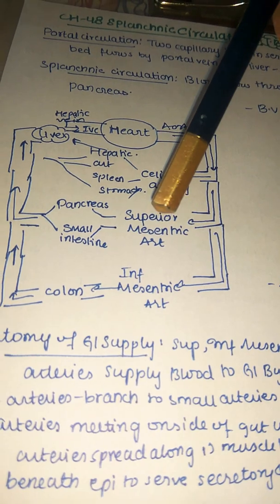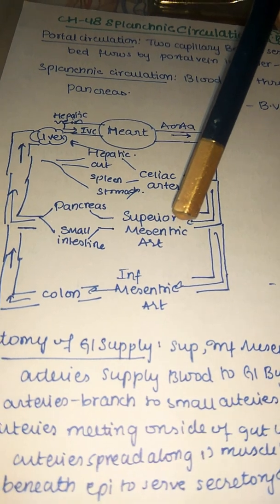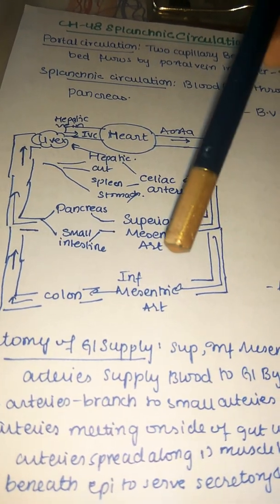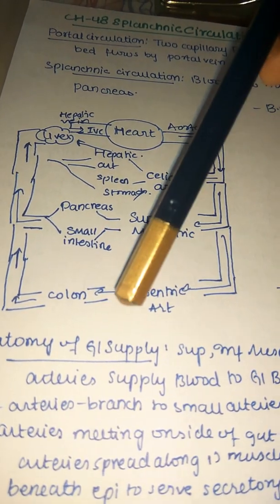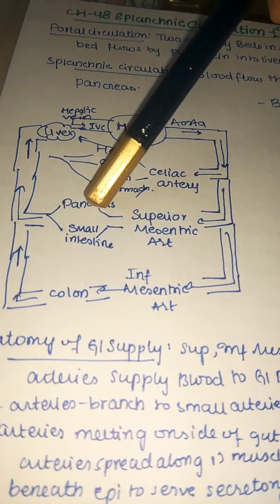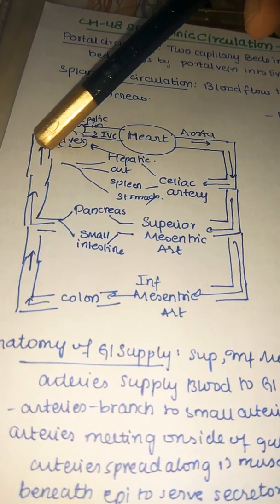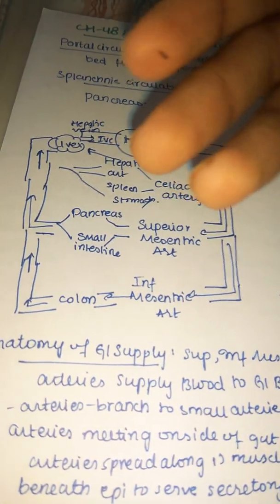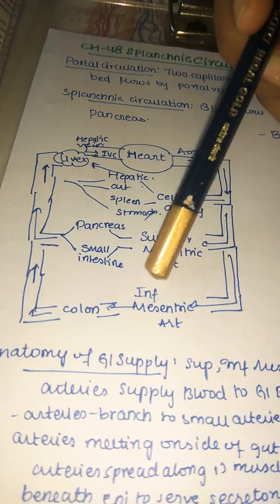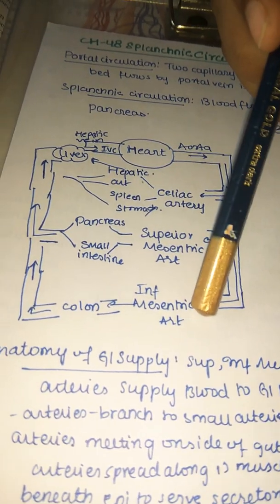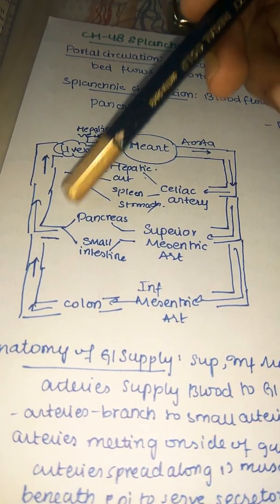But here in this case, not directly to the inferior vena cava. Normally in the systemic circulation we always discuss microcirculation, where we have arterioles, capillaries, venules, and veins, right? But here, from the celiac artery, the superior mesenteric artery, and the inferior mesenteric artery, after forming capillaries, the blood joins into a vein called the portal vein. This is an important vein. The portal vein receives venous blood from three parts: from the celiac artery and its branches, from the superior mesenteric artery and its branches, and from the inferior mesenteric artery. Like this, blood gets collected into the portal vein, and from the portal vein it goes into the liver.